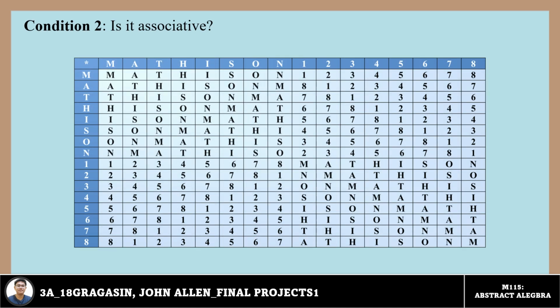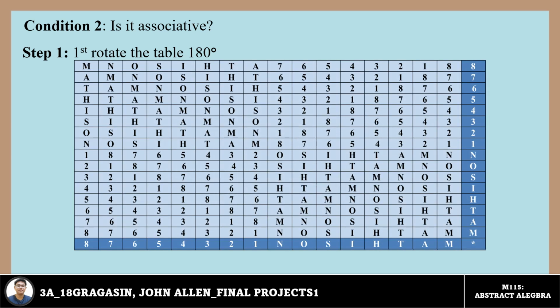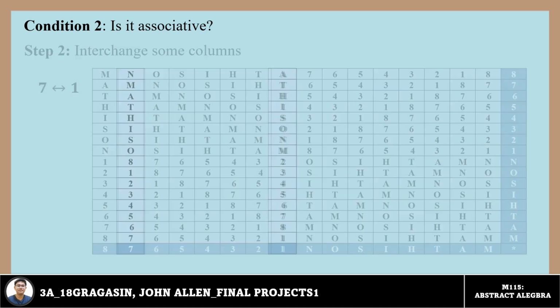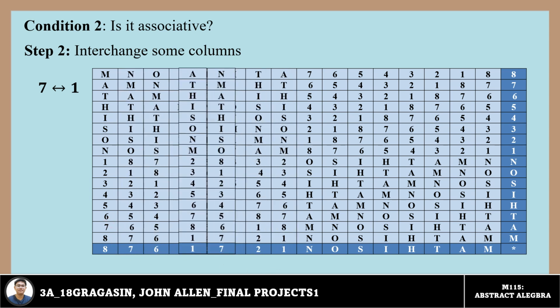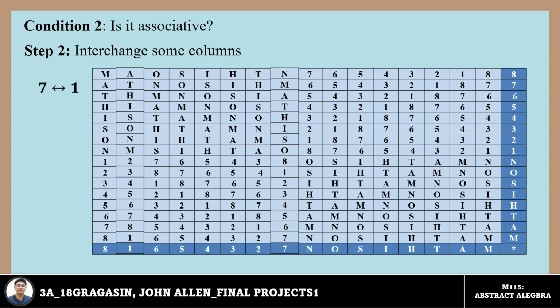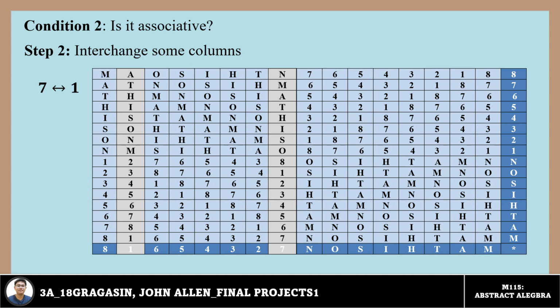is it associative? In order to know if this table is associative, we will first flip rotate it by 180 degrees, and it goes like this. Now, let's interchange some columns. So we have here, interchange the column of 7 and the column of 1. And it goes like this. Next,